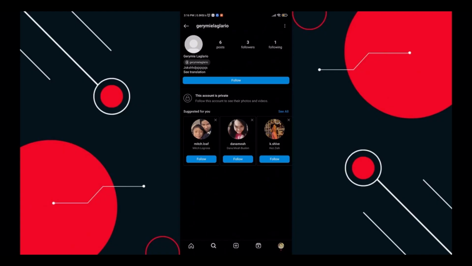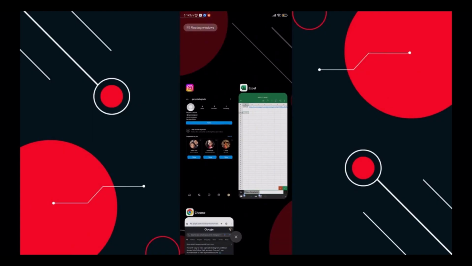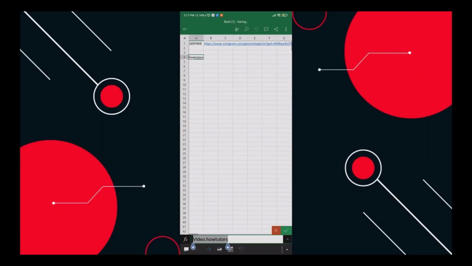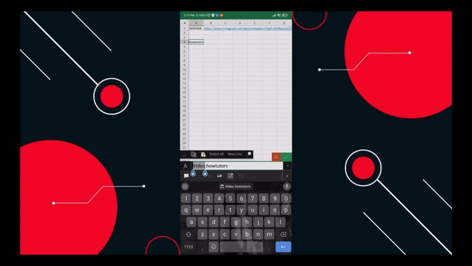So you will just need Excel and the Instagram app on your mobile device. Start by opening an Excel sheet to organize your details. Enter basic information such as first name, last name, username, and password for your new account. Make sure to save this sheet so you can keep track of your accounts later. And once that's ready,